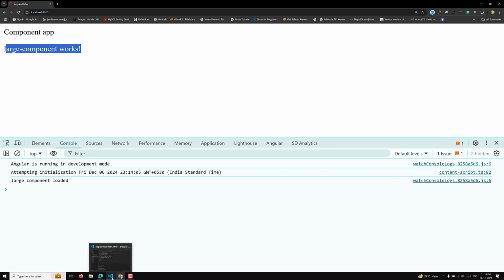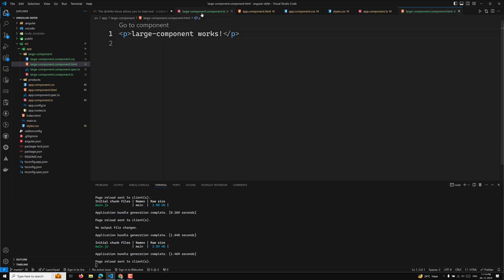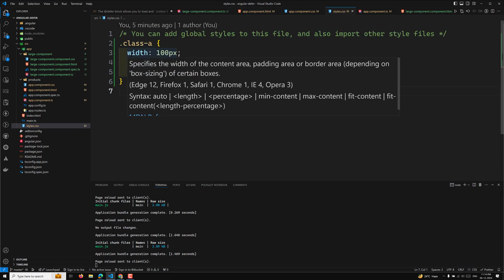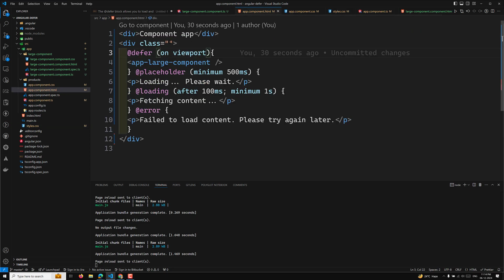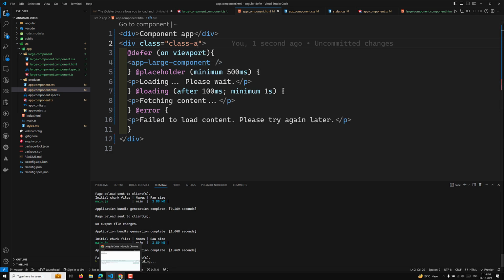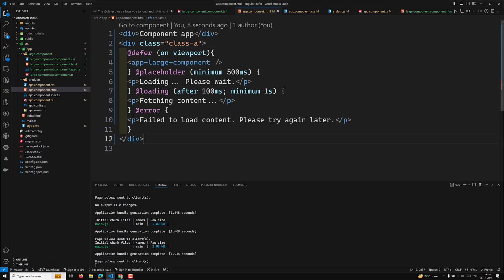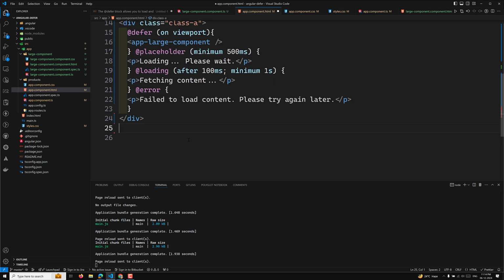For example, in our large component.html file, and in this TS I am using ngOnInit. In our style.css file, we have width 100 pixel, height 300 pixel for the class A. Automatically I will apply this class A to this one. Now I will add the same component multiple times. So this div block, I will add it multiple times. 2, 3,